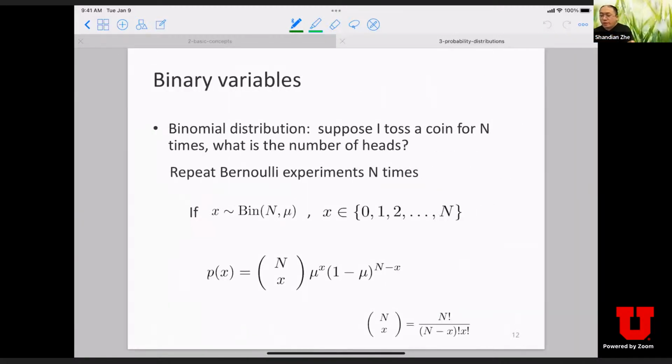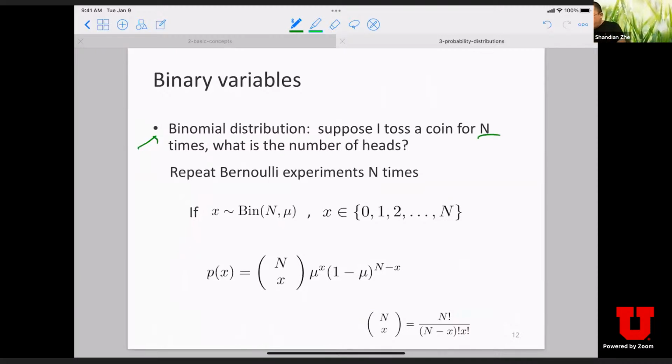So now we generalize to the so-called binomial distribution, which I mentioned before. The binomial distribution is an extension: I extend my experiment. My previous experiment was just tossing a coin once and seeing whether it lands heads up or tails up. Now suppose my experiment is that I toss a coin n times, independently, n times.